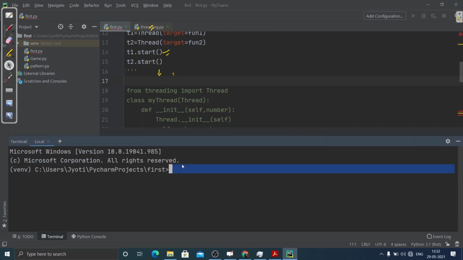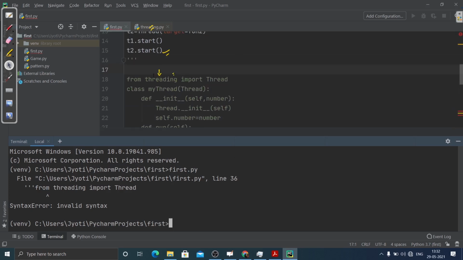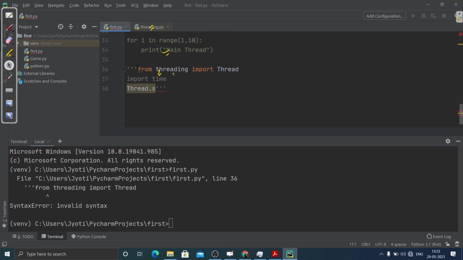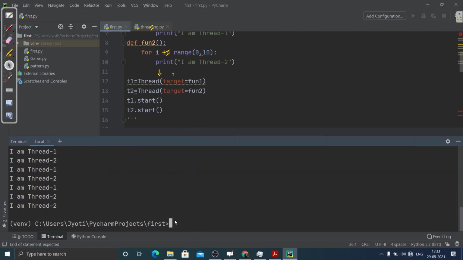Let me just show you first by running it. There is some mistake. Let me show you here. I guess it's the comment part. That's another code, just ignore that. I guess now there will be no problem.